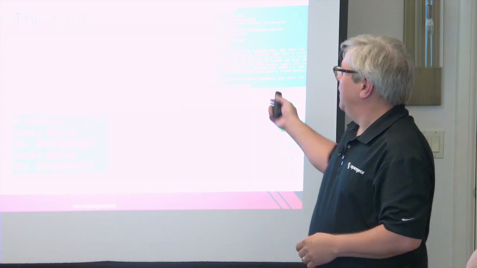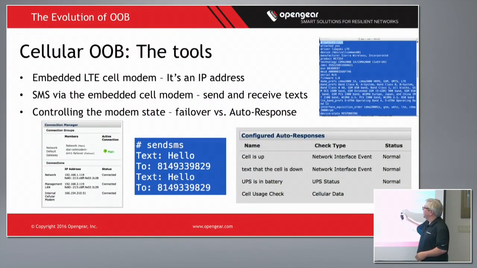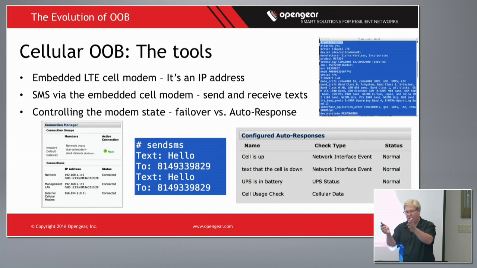Okay, so the final tool here, besides the embedded cell and the SMS texting, is we can control that modem when and where it's on. So I can control it through various means, but I can also tie it to our auto response. So we have this mechanism that says, hey, if this thing happens, do this. And one of the things we can say is, if you see this event occur, turn the modem off, turn it on. So we can text it to wake it up. We can watch a ping address and wake it up. And that